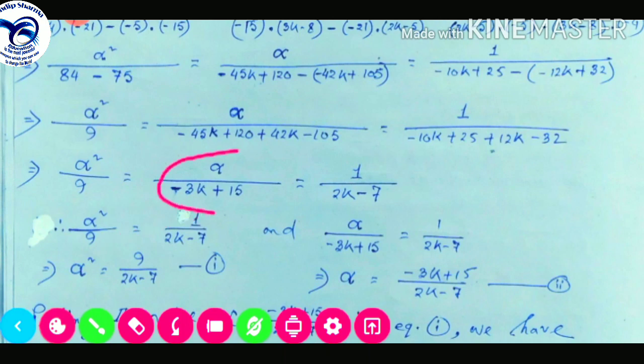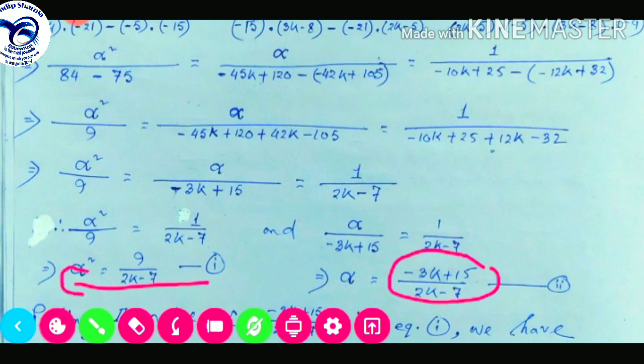And this part is also equal to this part. Similarly, this portion will go to the top here by cross multiplication. So alpha will be (-3k + 15) divided by (2k - 7). So it will be our equation number 2. Now, in equation number 1, if we put the value of alpha,